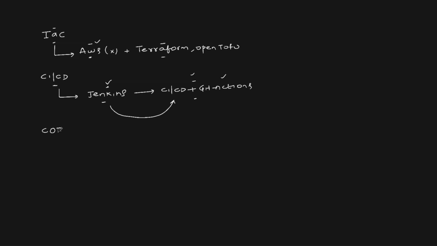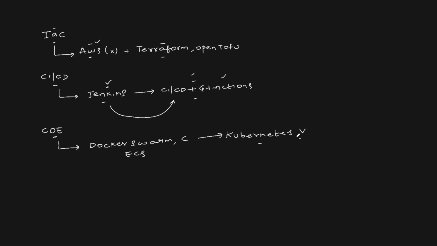Then container orchestration solutions. People still focus on tools like Docker Swarm. I've seen people even looking at the previous solutions like Mesos, Marathon, Cloud Foundry. I would say you can completely ignore all of them. When it comes to container orchestration engines, blindly go with Kubernetes. Now, a lot of people might already know this, but for people who are still focusing on solutions like Docker Swarm or other container orchestration solutions like ECS, don't waste your time.